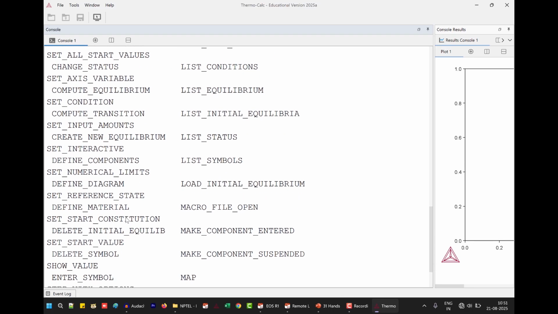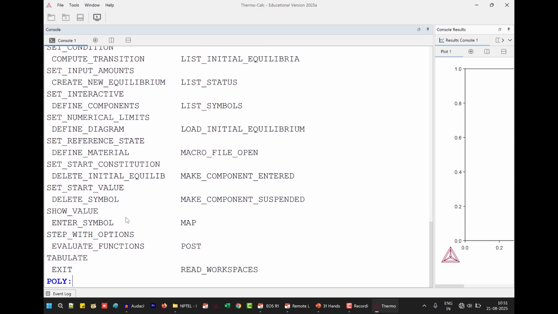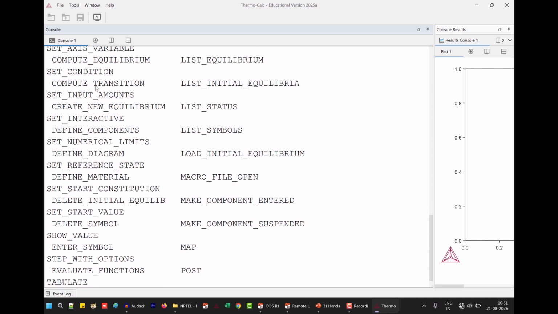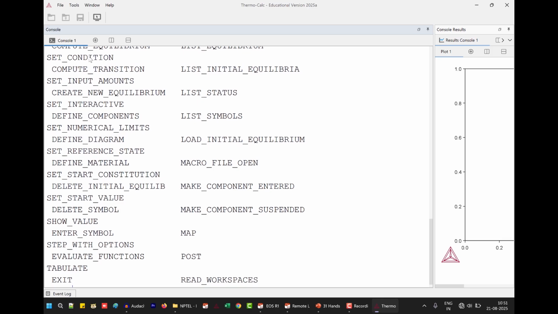So here if you carefully see, there is this set condition. See, set condition is here. Is there any other command that starts with S and then after hyphen any other syntax that starts with C? First syntax should be set, second syntax should be starting with C. Okay, is there anything else that has this kind of a form? That we have to carefully see. If you see, there is nothing else that says set hyphen and then starting with C. It's nothing like that. Okay.